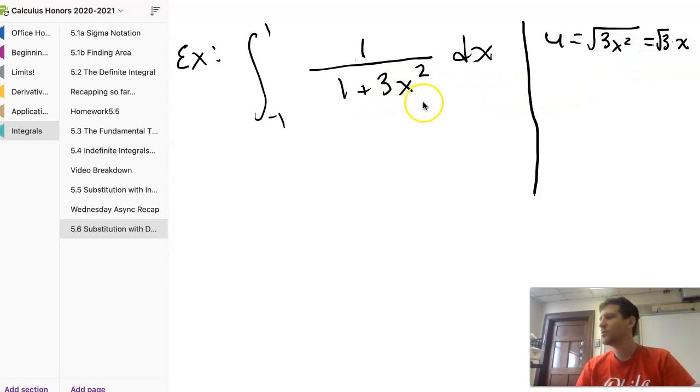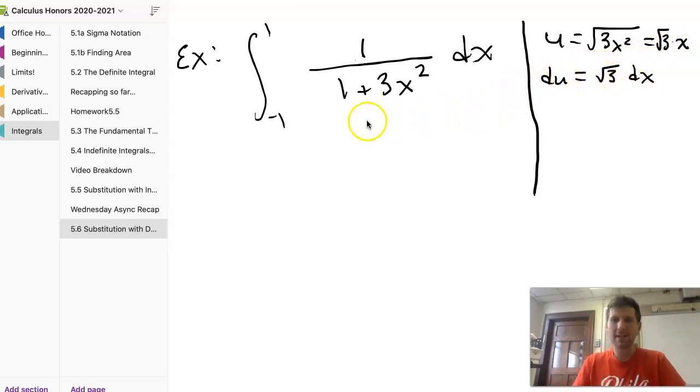And the reason I'm choosing to do so is because I know that then it would be a nice integral for me to tackle. So if that is my u value, my du is just going to be quite simply root 3 dx. Since our last lesson, yes, we could leave it in terms of these x values, substitute it, and then evaluate. But it seems like the more accepted method, and you can pick and choose when it makes more sense, is this: let me erase this in between steps so I don't get confused moving forward. If u equals root 3 x,